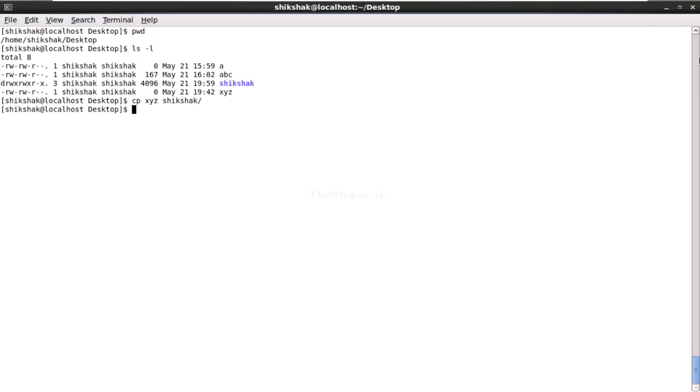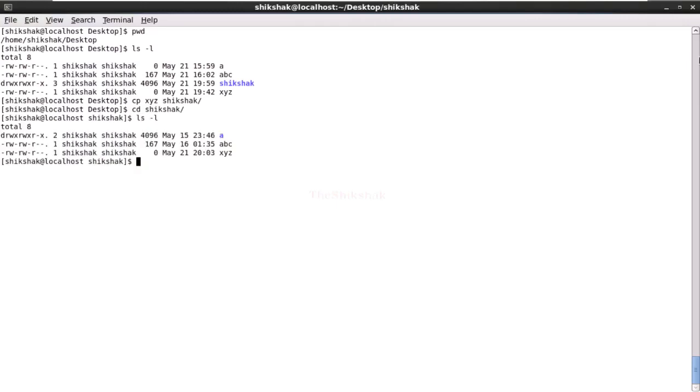Now if I want to check the directory, the xyz file got copied just now. Okay, now if we have a directory with subdirectories and files, and if I want to copy that directory to another location, then we have to use the option cp